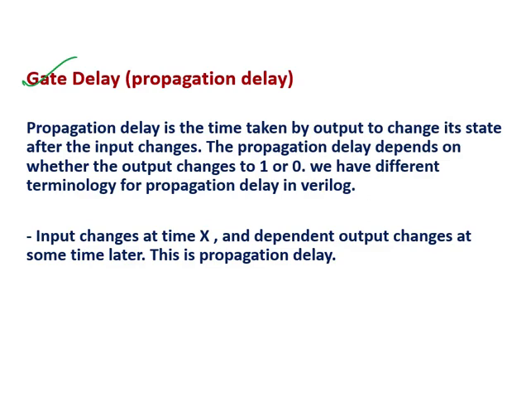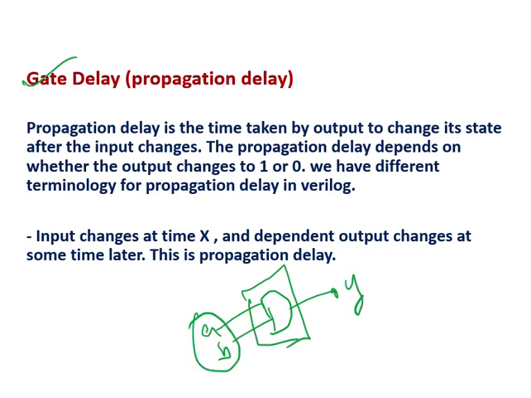Suppose I have a piece of logic, let's say an AND gate, with two inputs, A and B, and an output, out. Whenever there is a change in A or B, that is reflected at the output. I will get the updated output,